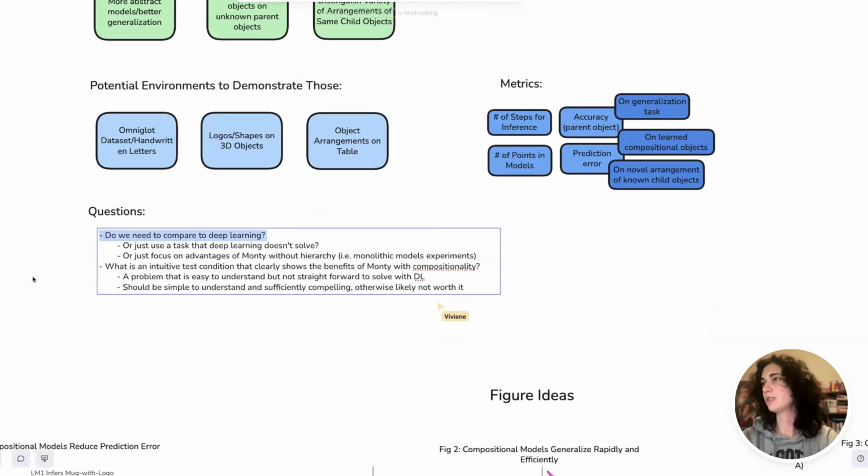But I think it's still worth thinking about if there's a cool way to demo this new capability, because we are spending a lot of time on adding it to Monty. So even just for ourselves to think about, why are we adding this? What new applications and capabilities does this unlock? Why should people be excited about Monty now being able to model compositional objects? Even if it isn't a paper, it could just be a blog post or something, which is a much lower lift, but still gets some interest.